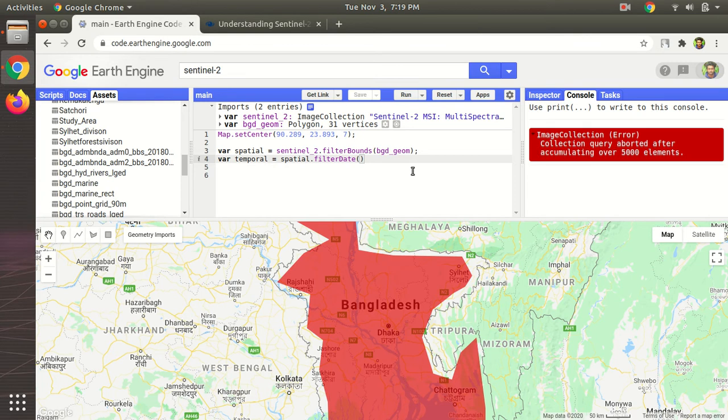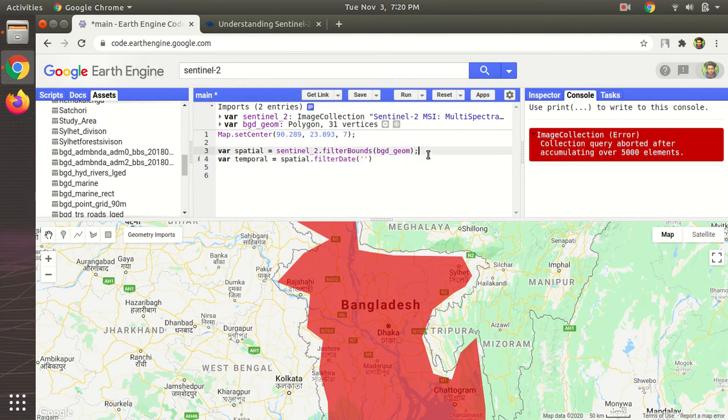Okay, so we are going to filter it using date, and remember we have to look for images for 2017, 18, 19 and 20, and ideally we want images from the winter months, because then there are very few clouds as there are no rains or storms covering the area. So for annual images we want to select images from the winter months. So let's say January, February, months like those.